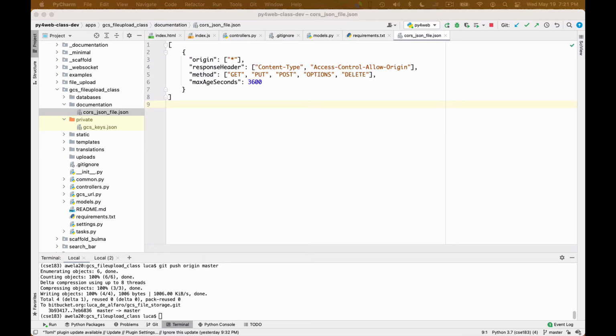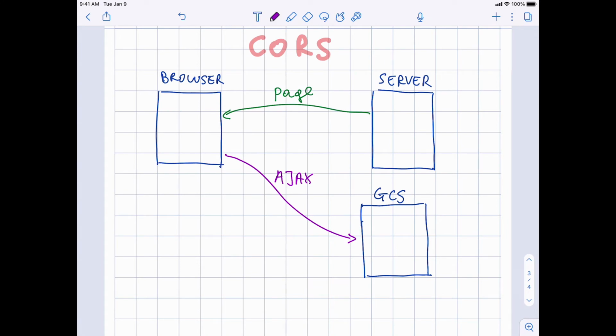The file is used to configure something called CORS, and now I want to tell you what it is by switching back to our visualization of what happens between the server, GCS, and our browser. So what is CORS? I will give you a full lecture on security on the web later, but CORS is the following. So there is a server and there is our browser, and we obtained a page by asking the server. You know, that's what we have been doing so far. We talk to the server and we get a page delivered to us. At this point, our browser is going to initiate an AJAX call to Google Cloud Storage.